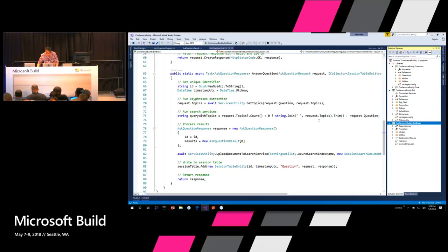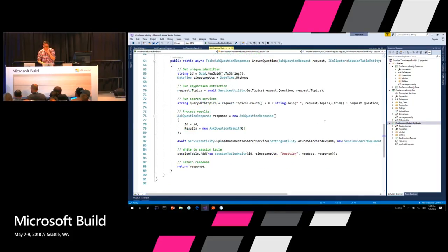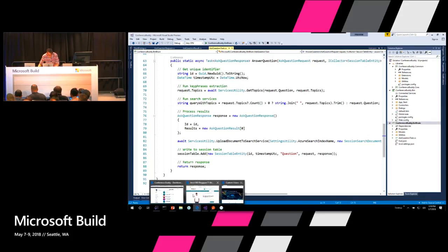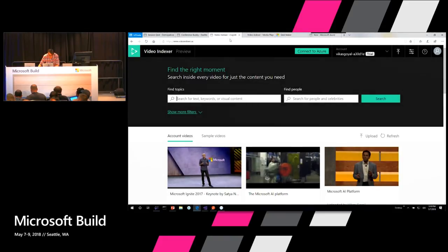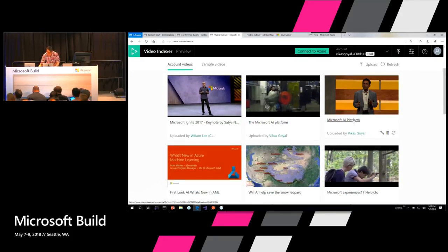All right. So basically, what we're trying to see here is that we can have this deployed. And then it goes to the service called Video Indexer. Video Indexer is capable of letting you upload all the relevant video that you want. And then this cognitive service will grab the video, analyze it, and parse out all the different text